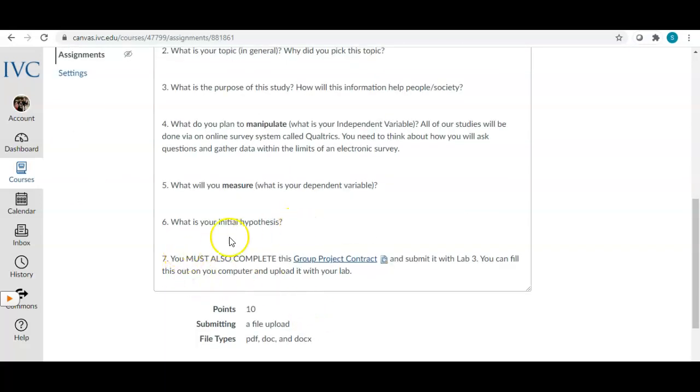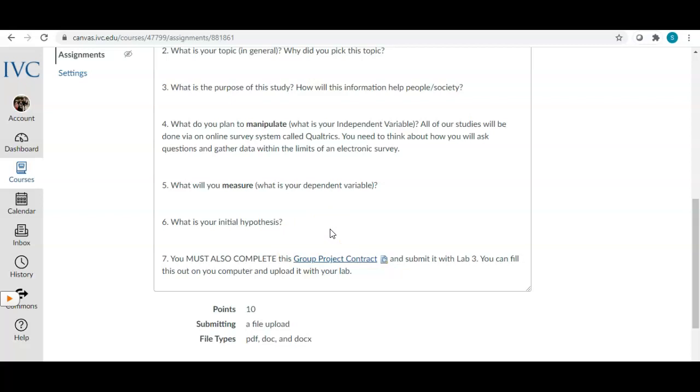And then our initial hypothesis, this is actually a study that's done pretty regularly with pretty common results. Most people in society do rate men who drive trucks as being more masculine than men who drive sedans. There's all kinds of market research on this done by automotive companies, so it's pretty well known. So your initial hypothesis would probably be that we're going to find that people rate Joe with the truck as being more masculine than Joe with the sedan. Okay, so